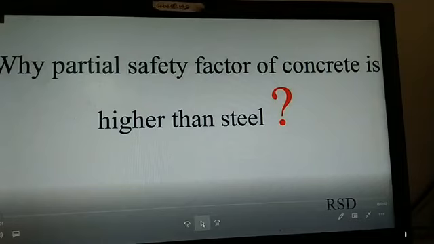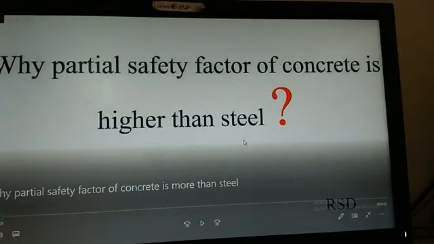If you want to transfer bending stresses or bending moment, you have to connect flange to flange. Okay, you can't connect web to flange. Why? Because there is no use of connecting web to flange, because load transfer never takes place, because web carries shear and flange carries moment. Okay, right. So your first question, why is the partial safety factor of concrete higher than steel?